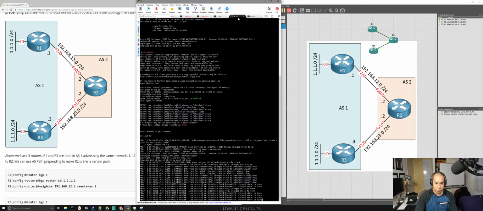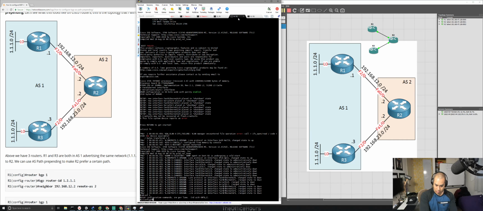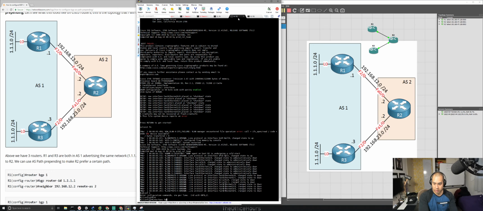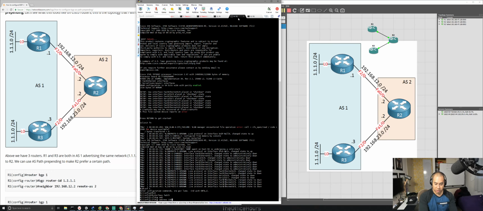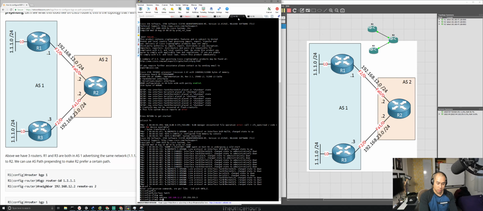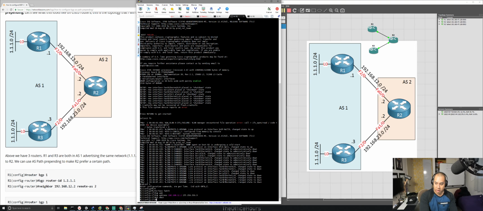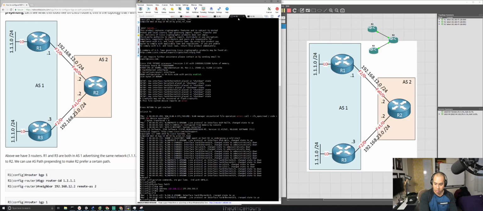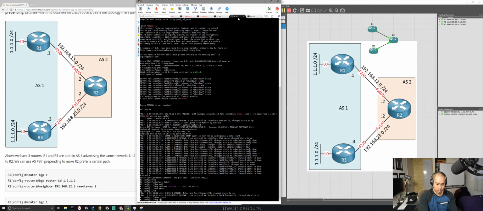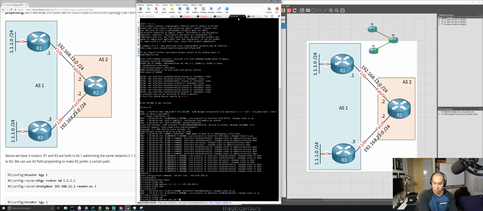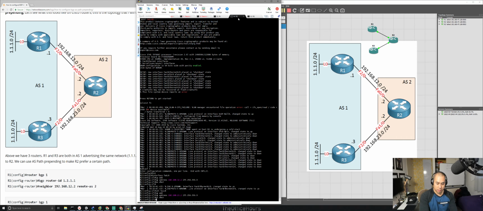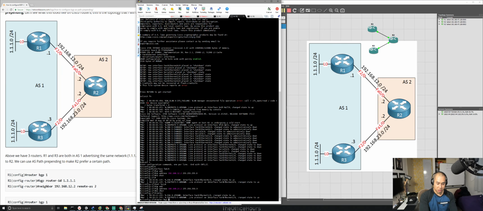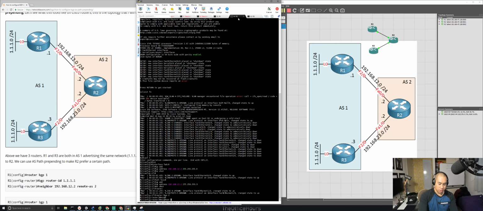So let's move on to R2. Configure FA0/0, IP address of 192.168.12.2, subnet mask of a /24. Turn up the interface. It doesn't look like there is a loopback interface to configure, so I will continue with configuring FA1/0, the IP address of 192.168.23.2, and no shut. Then I will configure BGP, autonomous system number 2, with a neighbor of